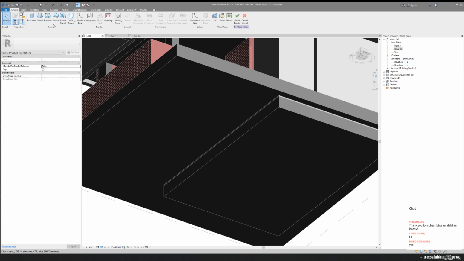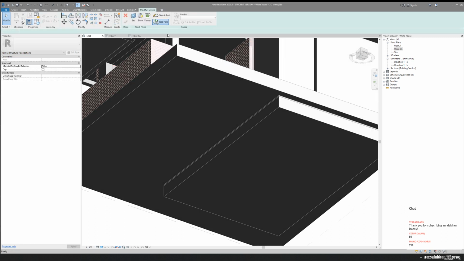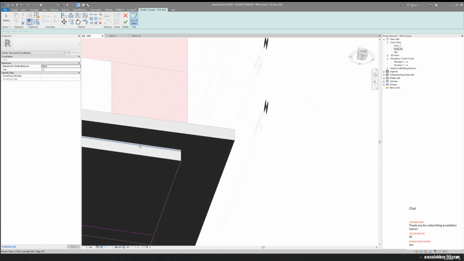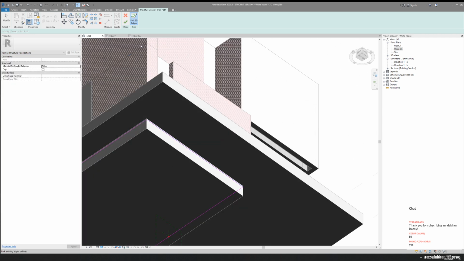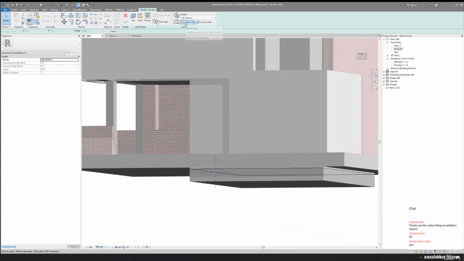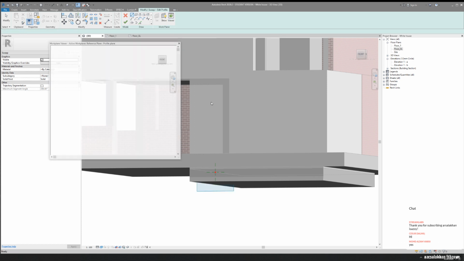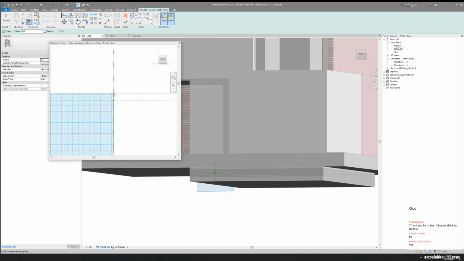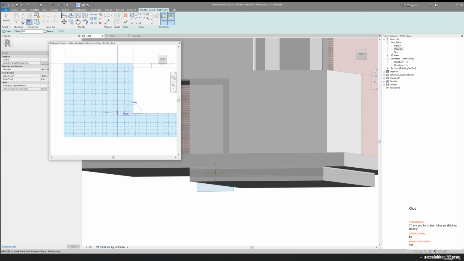And we will make the sweep. 3D sweep. Done, done, done, and done. I'll say OK, and after that we will create the profile. Let's edit profile, and let's use the viewer for the profile. And here is our profile, as you can see. Let's create our profile. I will just do it approximately